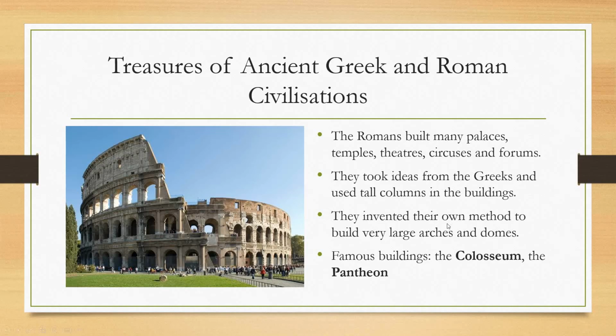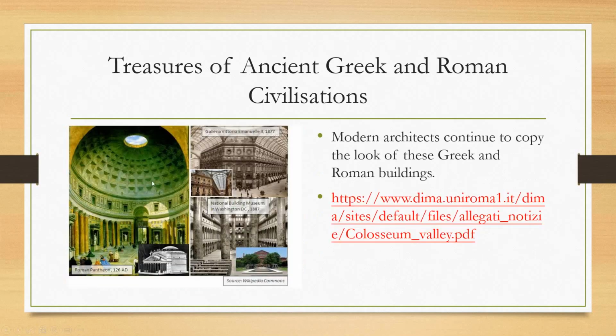And in the area of architecture, we can find that the same thing also happened here. We can identify that the ancient Romans built some large arches in their buildings. Here, these are the arches. And other than the use of arches, we can also find that the ancient Romans used domes in their buildings, which can be found in this building, the Pantheon. Here is the Pantheon. The dome is here.